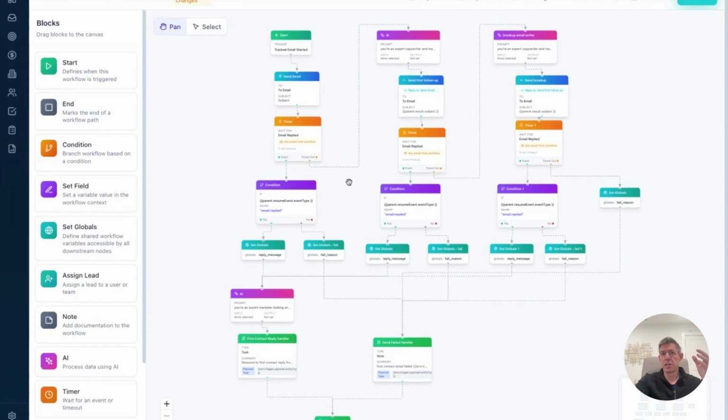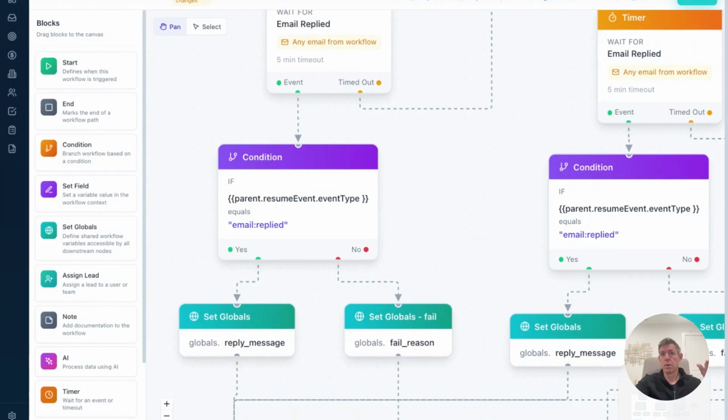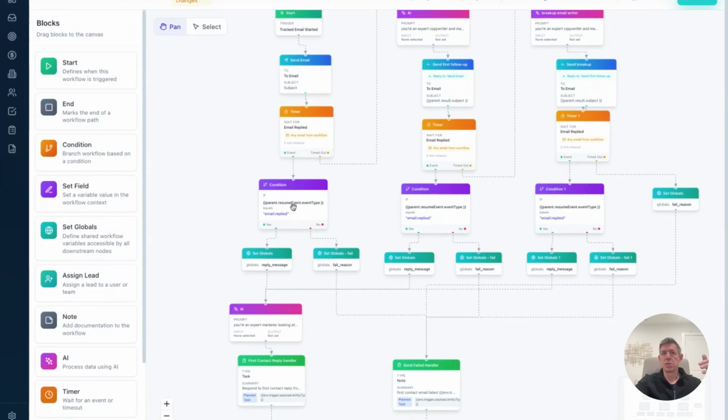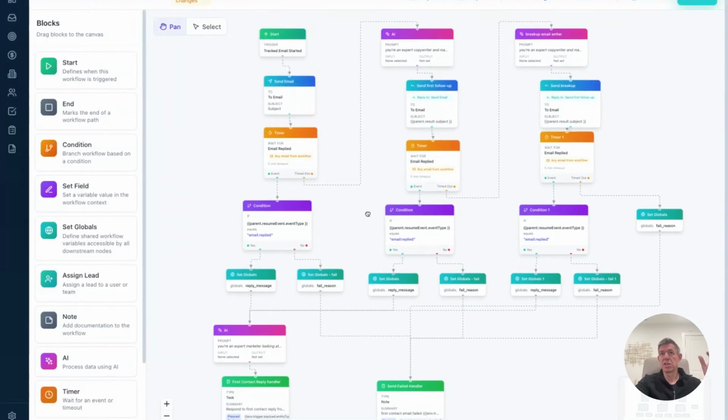This looks like another daunting thing, right? If you think of playbooks as the human version of how a process works, workflows are the AI or machine version of the set of rules of what to do. And this gets very detailed: send the first email, and after you send that email, we decide what to do if there's a response within 24 hours. If there's no response, what do we do, right? And so this whole workflow is all about escalating a series of emails and outreaches to decide whether this is a qualified lead or something that needs to go into a nurture bin because they're non-responsive. And again, this looks sophisticated, but you can build this using AI as opposed to having to wire these boxes one at a time.